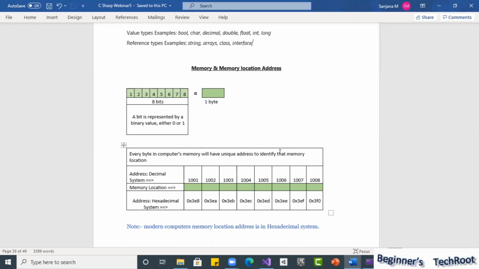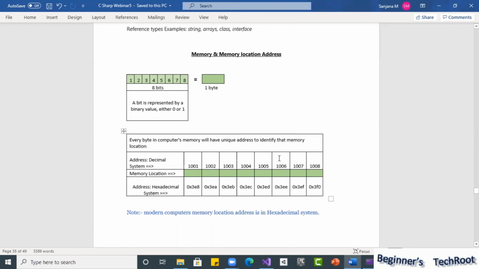In modern systems, all storage occupies bytes. So 8 bits is nothing but 1 byte.